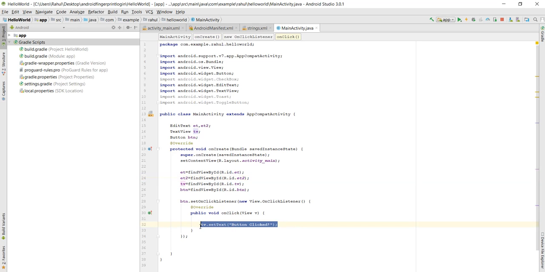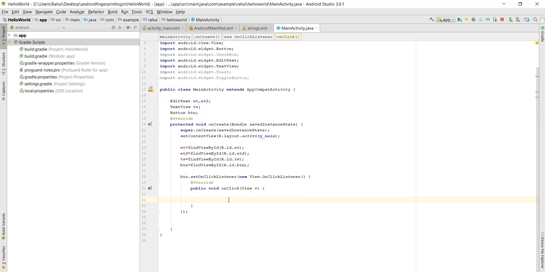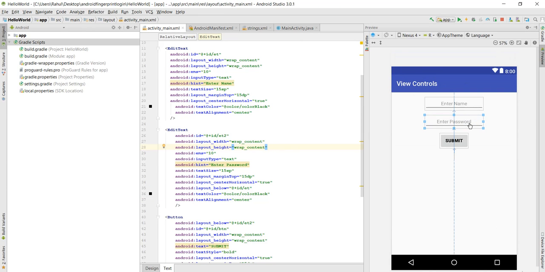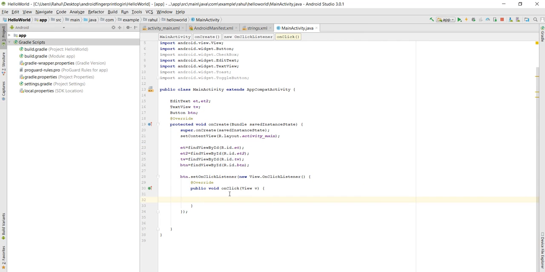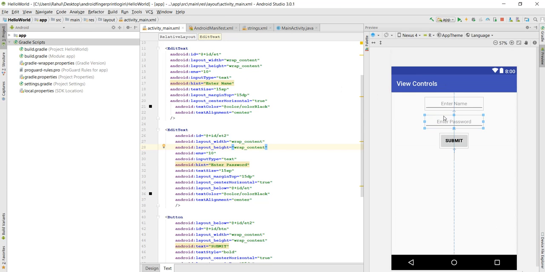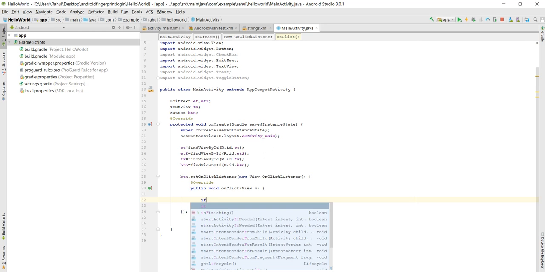Now in place of this, what I'll do is I will print this ET and ET2, that is edit text 1 and 2's value in particular text view. So before that, let's do some validation in this edit text. Like for example, if user does not enter anything in any of this edit text, then it will throw some message that user has to enter name or password. So let's do that. So I'll use simple if